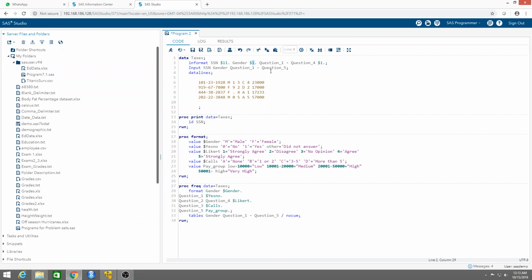And we don't say anything about question 5 because basically it's just numbers. Now, this is a numeric variable. You don't have to put anything on the informat. Now, data lines, as I said, whatever you write after data lines, that's your data set. So, and then I have a proc print to print this data set, the taxes data set that we have created. Now, this little statement here, ID SSN, changes,